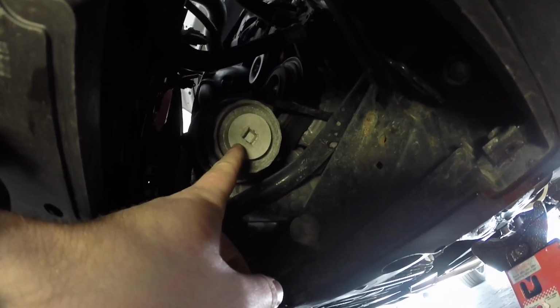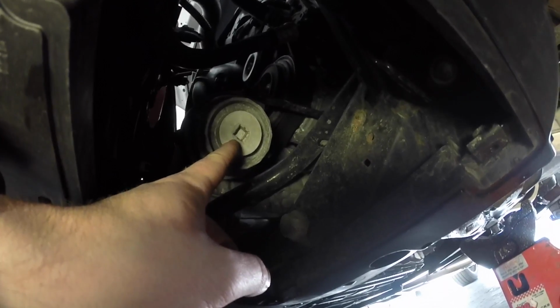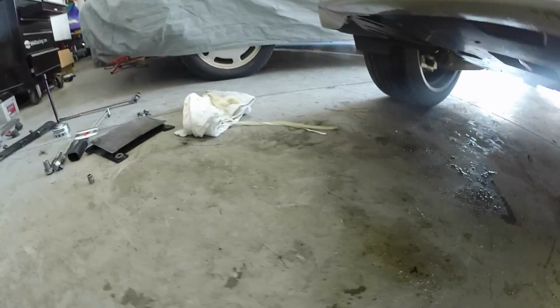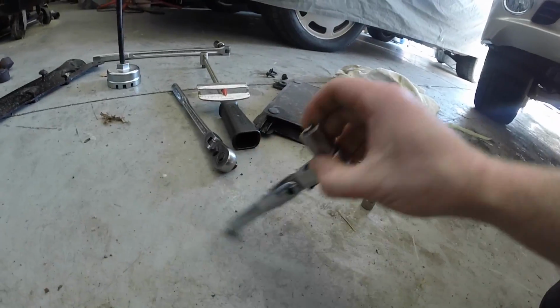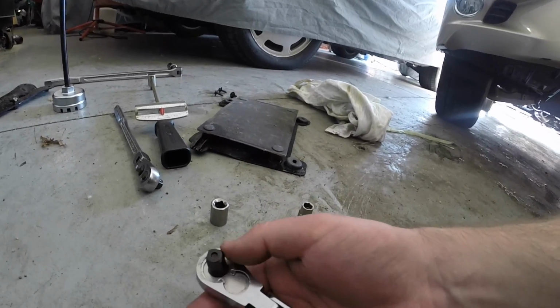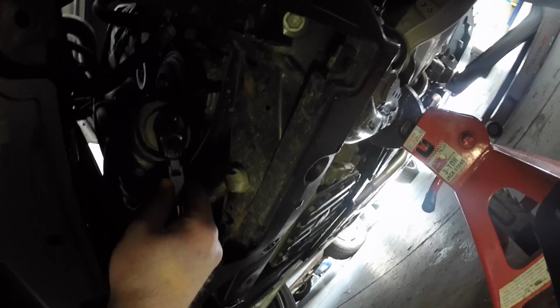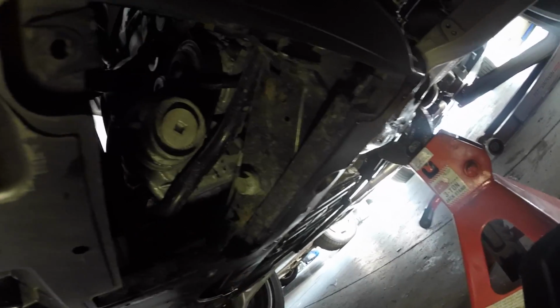And the first thing you want to do is remove this center seal right here. What that'll allow is any of the oil that's in the oil filter housing to drain into our pan right here. And all you need is a simple ratchet, and you're going to use this to fit right inside there. So it should be a 3/8 ratchet. Okay, I got it good and loose. So I'm going to move my